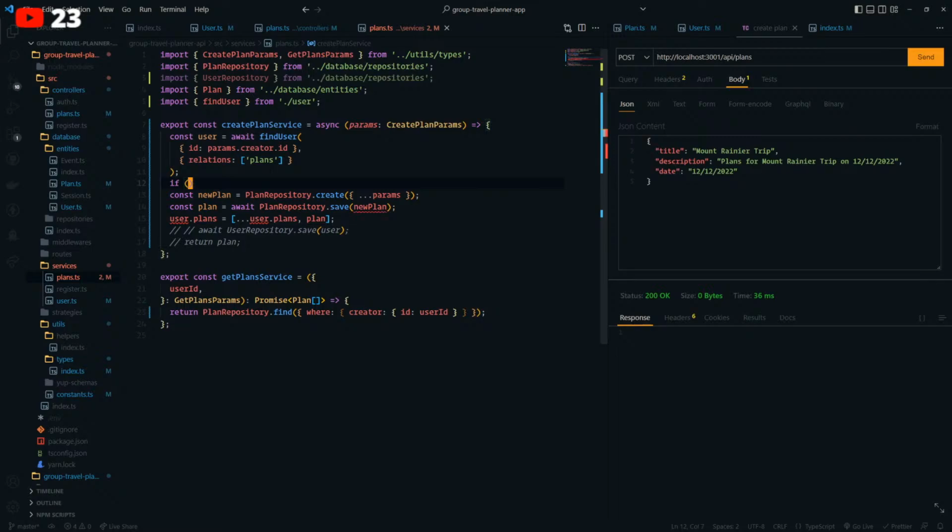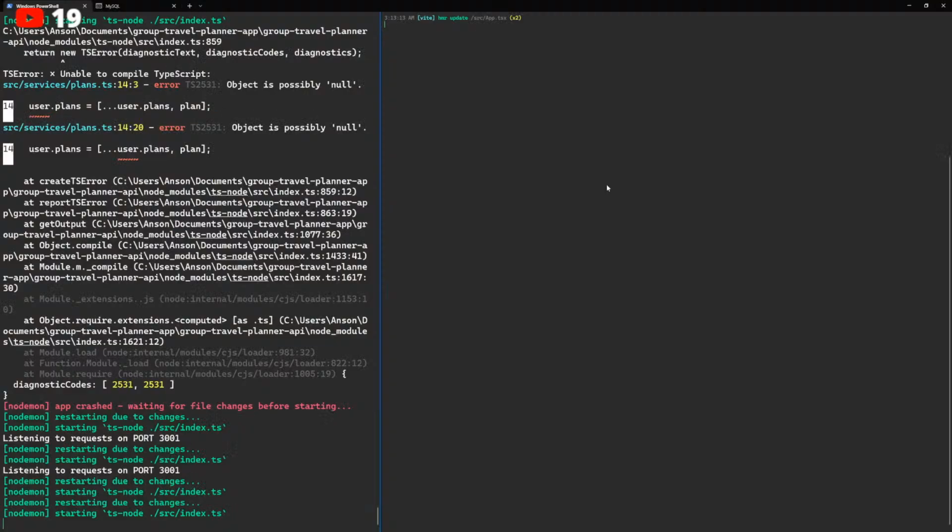Oh wait, if there's no user, exception. Okay. user.plans is equal to ...user.plans..., and then we will save the user and then we'll return the plan. Okay. So hopefully this should work now.